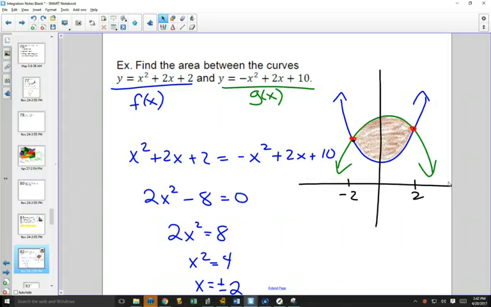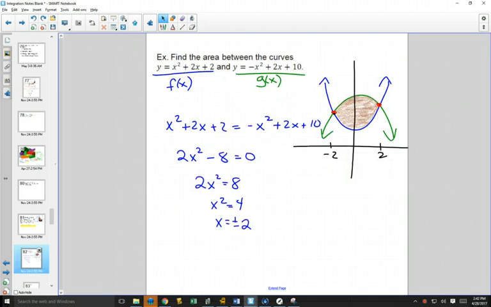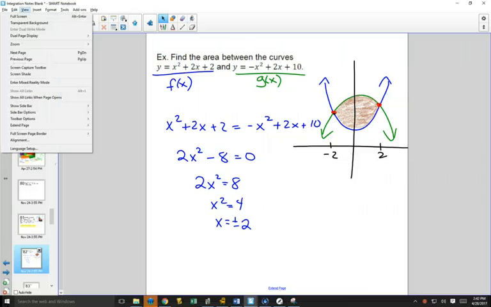You just have to do the integral of one minus the other one, and all the negatives and positives will always work each other out, and you'll get the area between the two curves. So that's kind of nice. You don't have to worry about some part being below and some part being above. So now that we've found that we want to have it between negative 2 and 2,